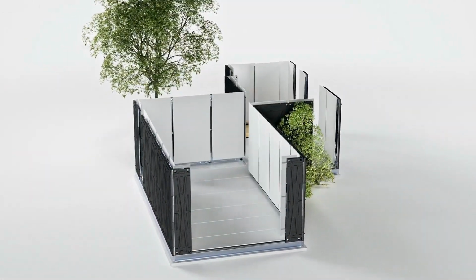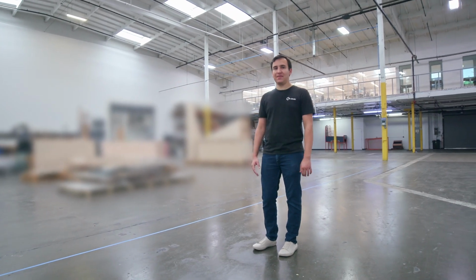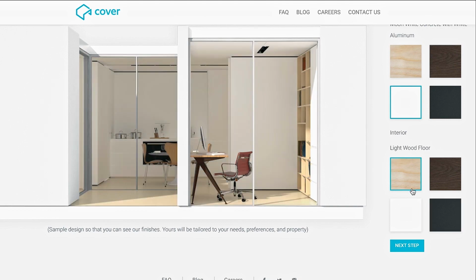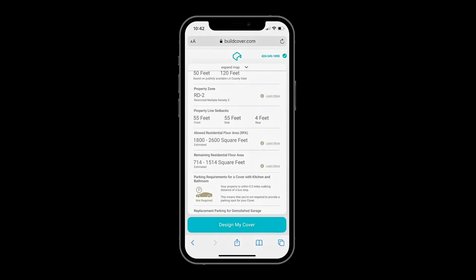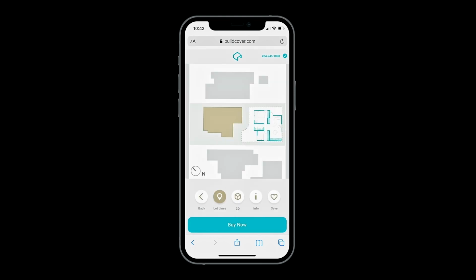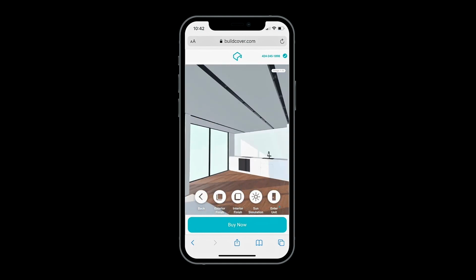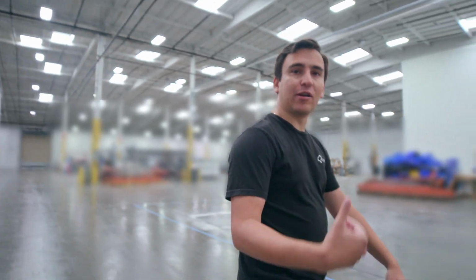To build a Cover, you need thousands of parts that we have to design, track, and then manage. The only way we're able to deliver on that kind of speed with this amount of complexity is with software driving the entire process. We take care of the entire permit process, submit construction documents, submit the engineering calculations, everything, go back and forth with the city a bit, and our software basically drives the entire design, engineering, permitting,